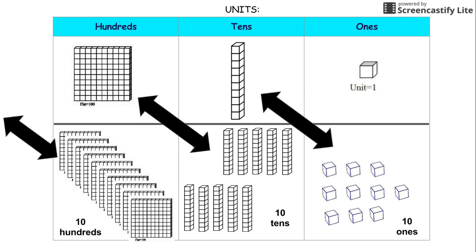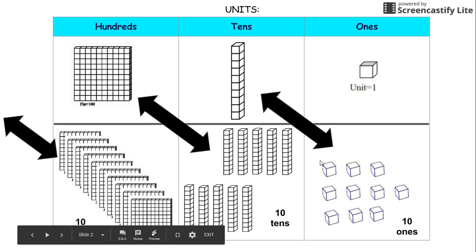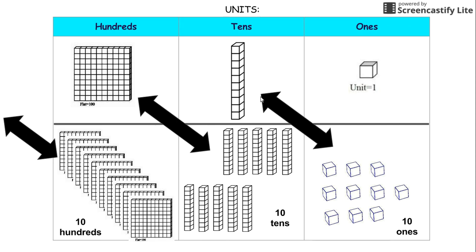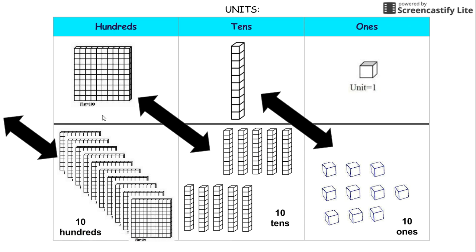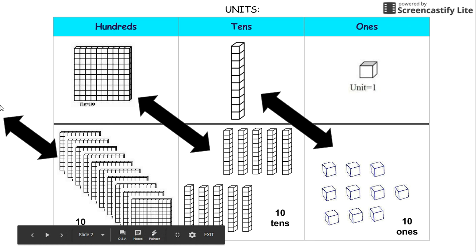Okay, so here we've been talking about decomposing and composing numbers, and we've been talking about the relationship between each place value. So if you'll look to the right, we have our ones or our units, and we know it takes 10 ones to equal 10. That's our arrow showing us that. And we also know that it takes 10 tens to equal 1 flat or 100. It takes 10 hundreds to equal